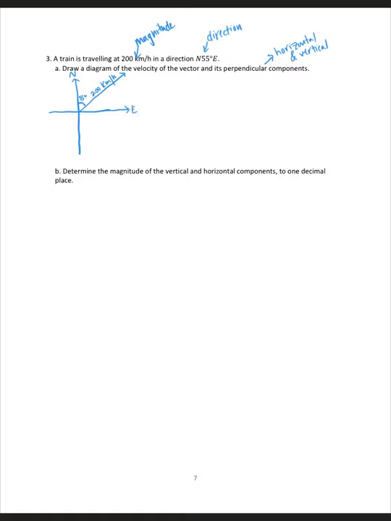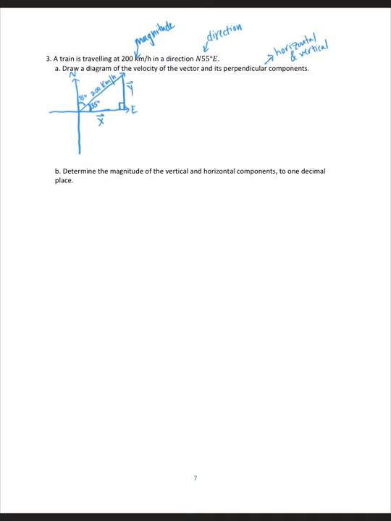Right, so my triangle is going to be drawn from the end of my resultant, or the end of my vector, down to the horizontal, so we can create this theta in here. Well, if we have 55 degrees as a quadrant bearing, then we should be able to identify this, right? It's just the difference of 90 to 55. So this will be 35 degrees in here. So the diagram wants us to break down where our horizontal and our vertical components are. So we know that our horizontal is represented with an x vector, and our vertical is represented with a y